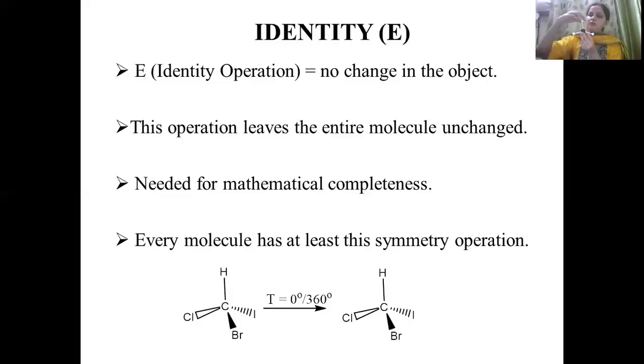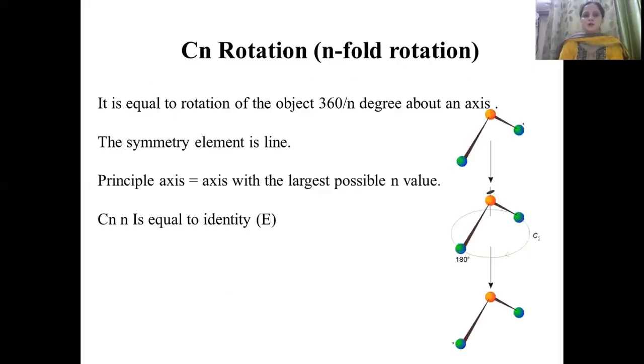So if I rotate this molecule, whenever I do something to the molecule, it is causing some change to the molecule. There is no reflection, no other symmetry element present in the molecule. What this molecule has is the identity. What is identity? If I am rotating this molecule through 360 degrees, then it is unchanged. So this identity is present in all the molecules.